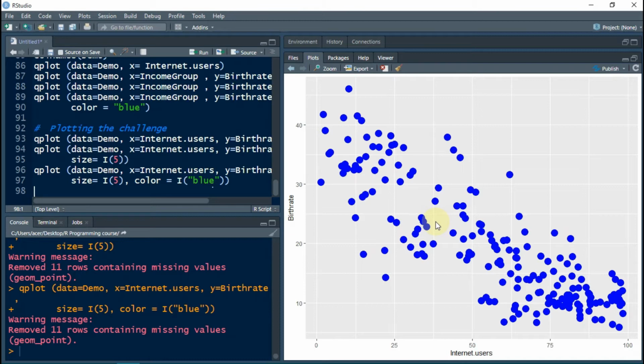Now if you remember correctly the challenge, then our challenge was to plot a scatter diagram between internet users and birth rate of different countries, and we had to make sure that they were grouped according to the income groups. So let us suppose we want the color to be defined by income group. Now here we are not using I because we don't want each and every point to be colored uniformly, and also we want this income group to be plotted and to be given in the legend. So that's why we are not using I in this case. So let's run this command,